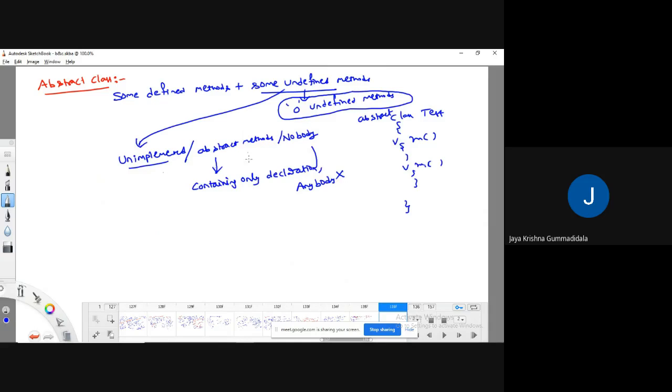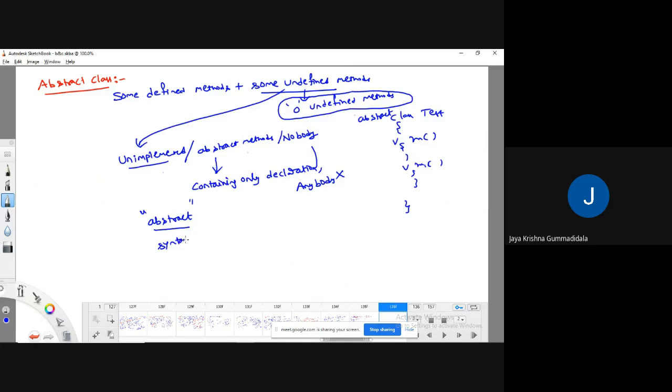If it is not containing any body, we can say it is an unimplemented method. If in a program you see any unimplemented method, just make it abstract. In order to make an unimplemented method an abstract method, before that declaration just write abstract. What is the syntax of an abstract method?